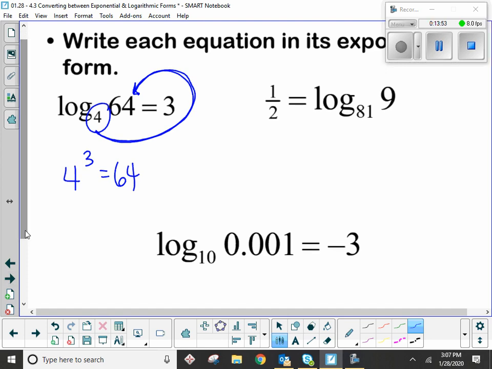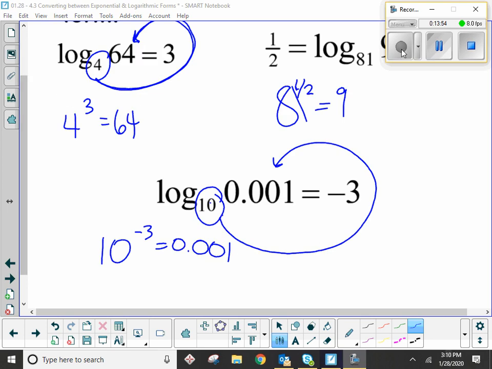So take a moment. These make sense because 81 to the 1/2, remember that's a square root. What is the square root of 81? 9. And then here, 10 to the -3 makes sense because you flip it, you make the exponent positive. That's 1 divided by 1,000, which is 0.001, right? So here we went from log to exponential. Now we are going from